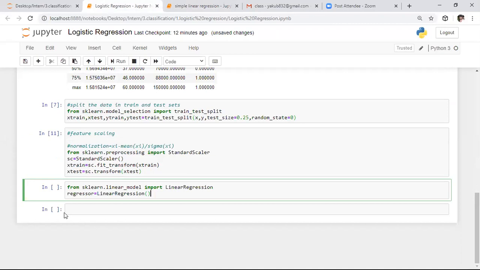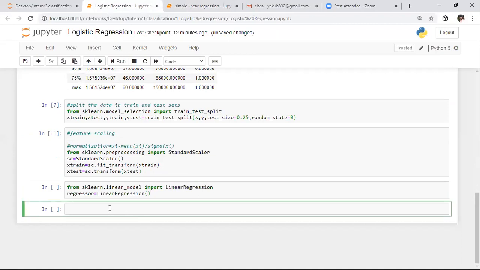Whenever you want to import any model, here is the syntax. Remember this: from sklearn dot family import class. All the machine learning algorithms are present in sklearn, and in sklearn we have different families.